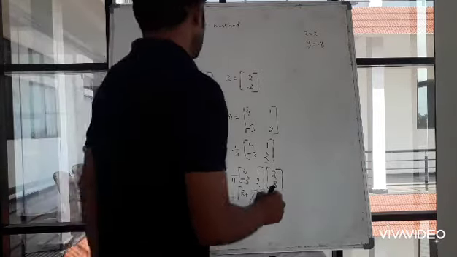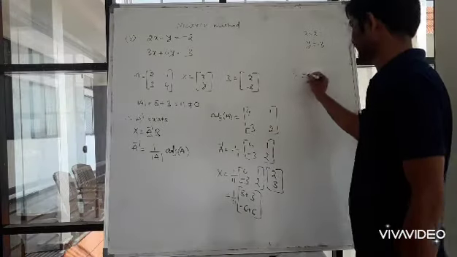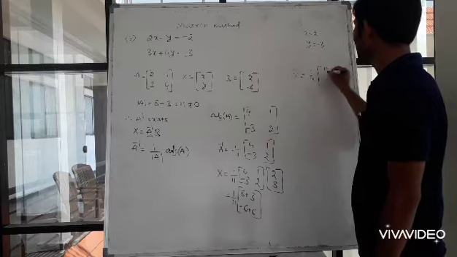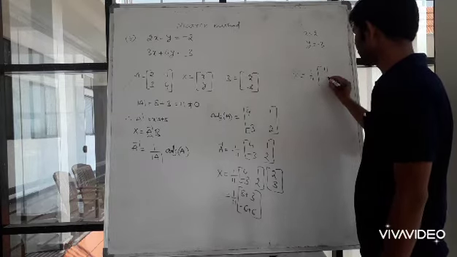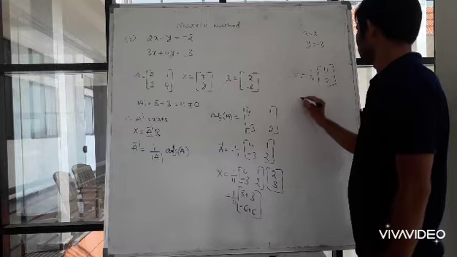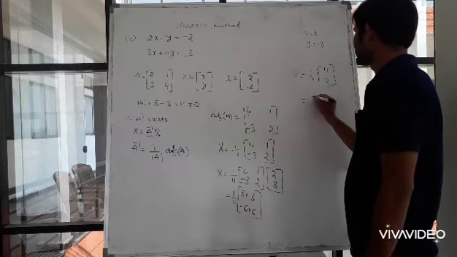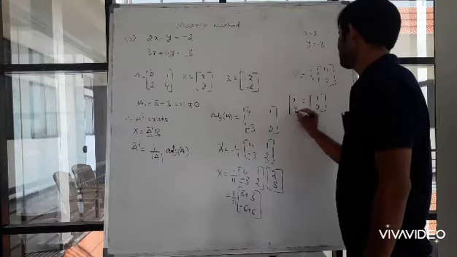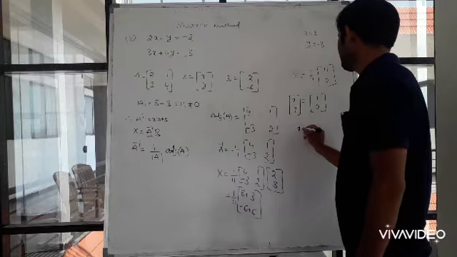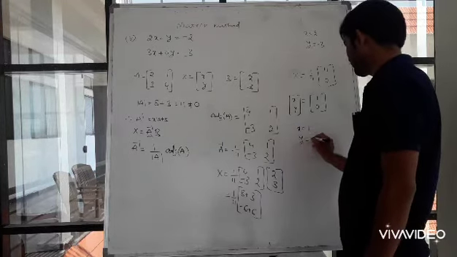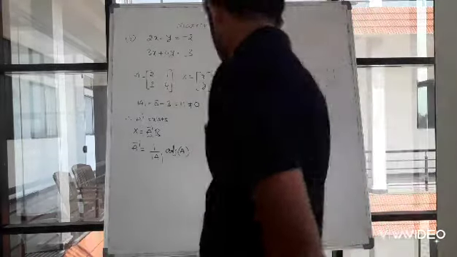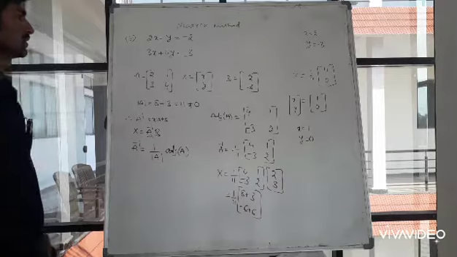Here x is equal to 1 by 11 into 8 plus 3, 11. Here minus 6 plus 6, 0. Which is equal to scalar multiplication. Left hand side, right hand side, 1, 0 we got. Here x means x, y variables. So by equality of the matrices, x is equal to 1, y is equal to 0. So this is the 2 cross 2 matrix.